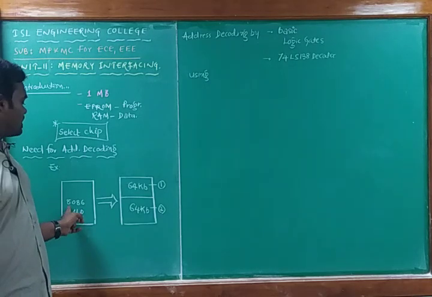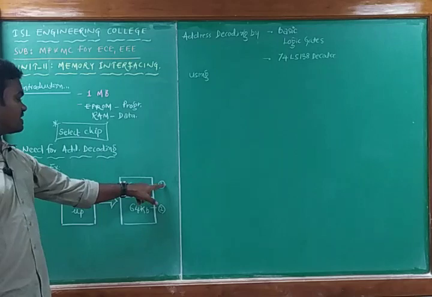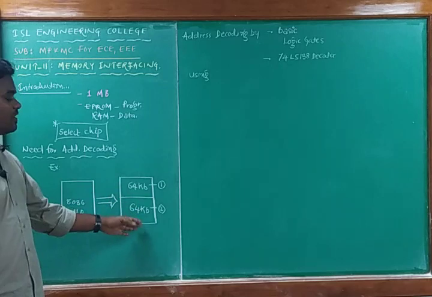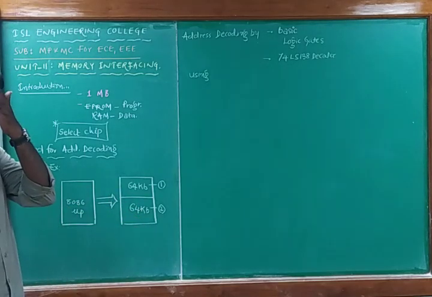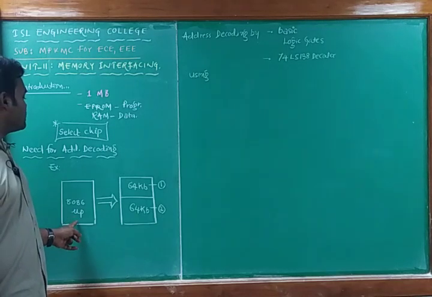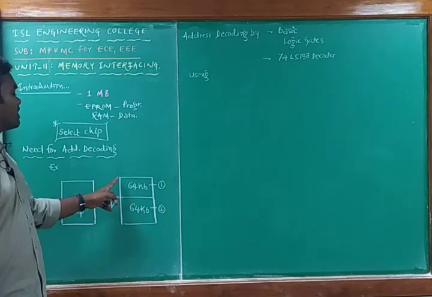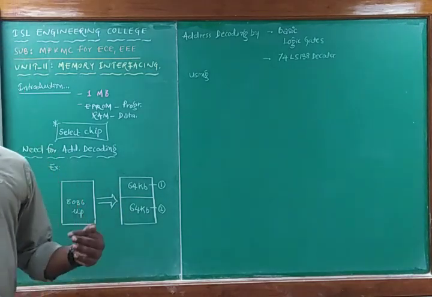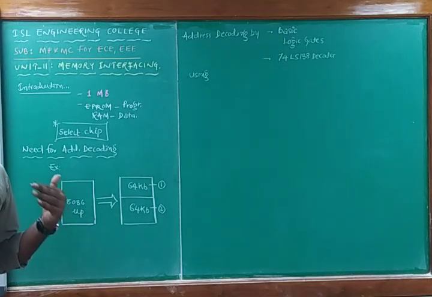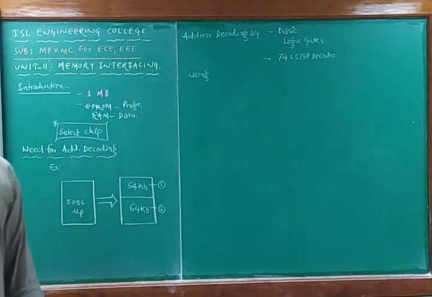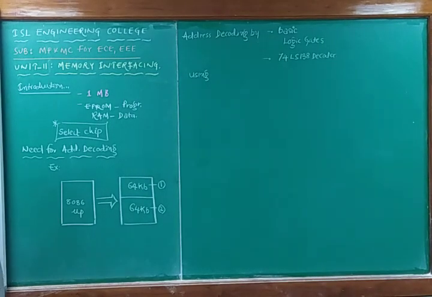If it communicates with the 64 kilobytes of the first device, and if any request comes, after completion of this one, it is going to look into the other one. That means, based on the address, the 8086 microprocessor can interface the memory devices. The communication of the microprocessor becomes critical when more than one device is interfaced. In such cases, only one memory device should be used at a time, depending upon the address range.